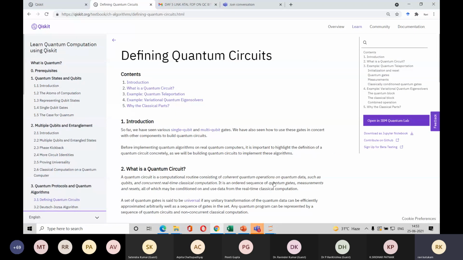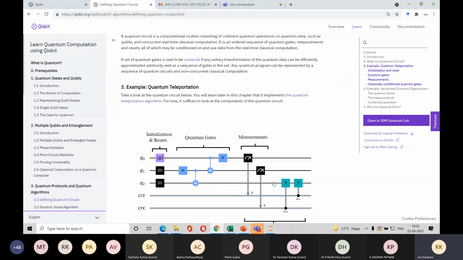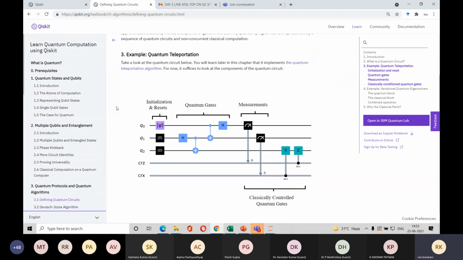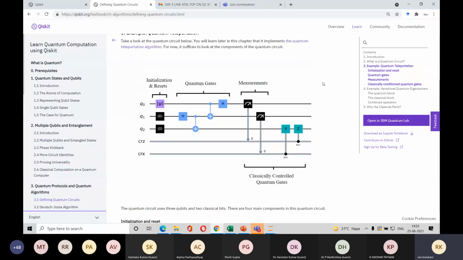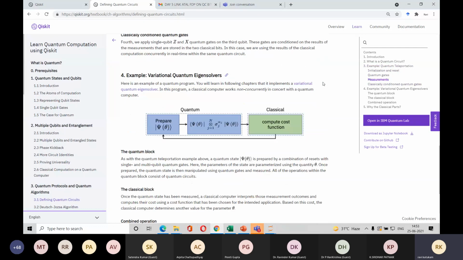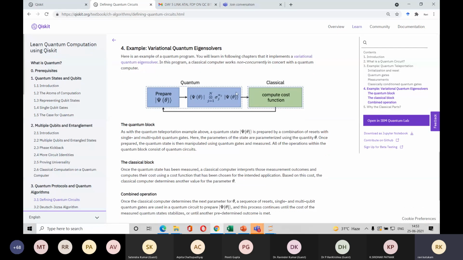So we are spending some time on the basics of what a quantum circuit is. A circuit basically contains certain basic elements like initialization or reset or input. This is the input, and it will have certain gates and it will have measurements. These are the standard nomenclature of any quantum circuit. When you write a larger algorithm, it should contain these basic elements: input, process, output. That is input, encoding, quantum gates, and measurements. This is one circuit, an eigensolver. We are going to encounter what an eigensolver is later.